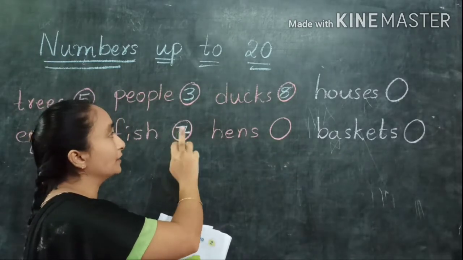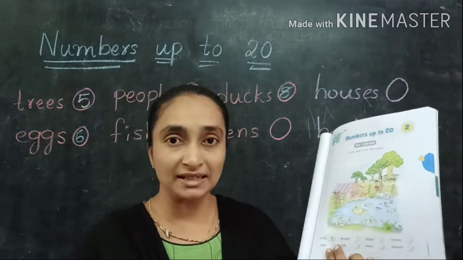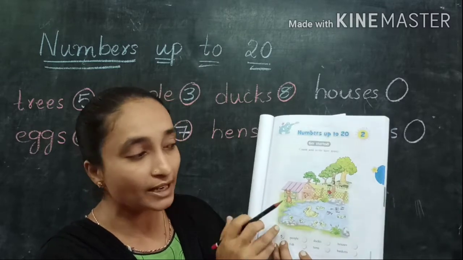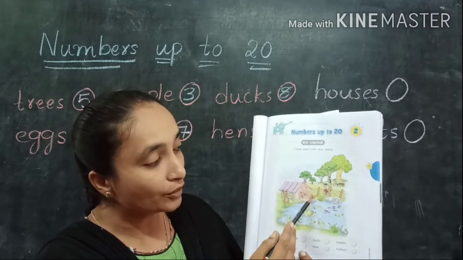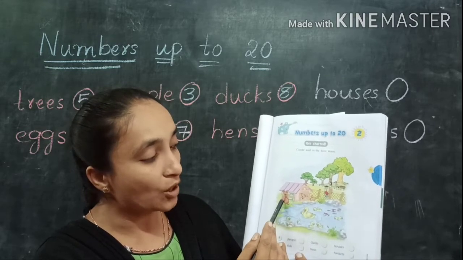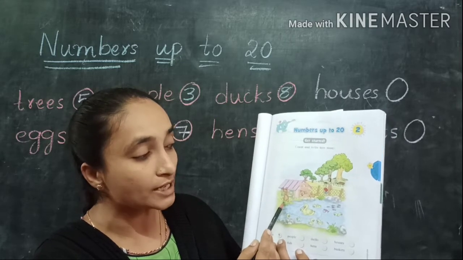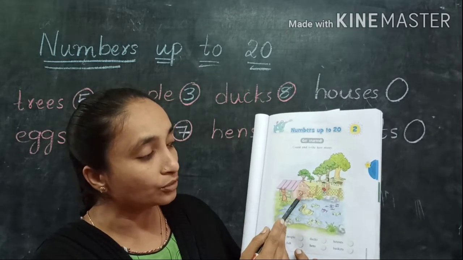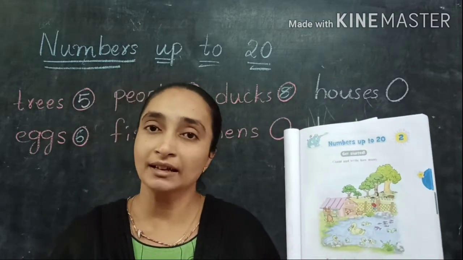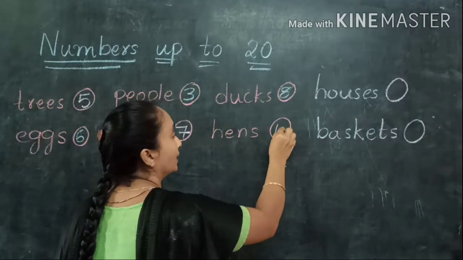So fish already we have written, ducks over, and then we'll go to hens now. So here we can see how many hens are there. So in this picture we can count the hens also. So here we have near the net 1. And inside another one is 2. Here outside laying the eggs 3. And here near the grass another one more is there. So total 1, 2, 3, 4. So there are 4 hens in the picture. So we'll write the 4 number here in the circle.